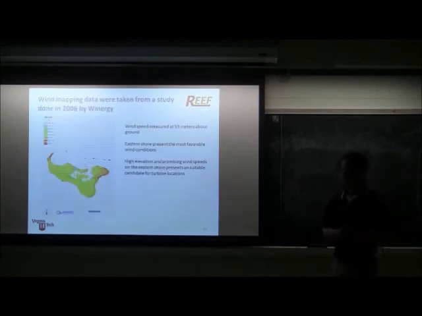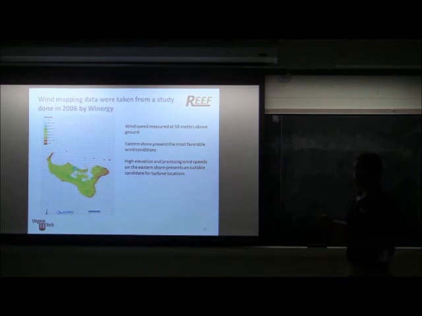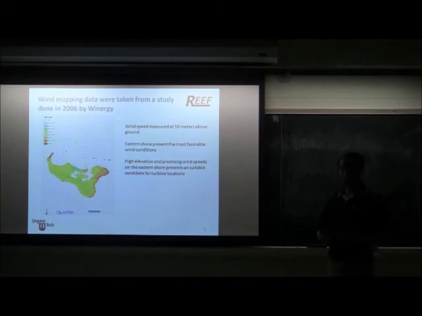Right here you can see a wind map study done by an organization called Winergy. As you would expect, on the coastline of the island, we would see the most favorable wind conditions. The part that we're interested in is the eastern shore, as highlighted by the dark orange areas. The study has shown that in these areas we'll experience anywhere between 7 to 8 meters per second wind speed. Also, in addition to favorable wind conditions, these areas also have a higher elevation as to